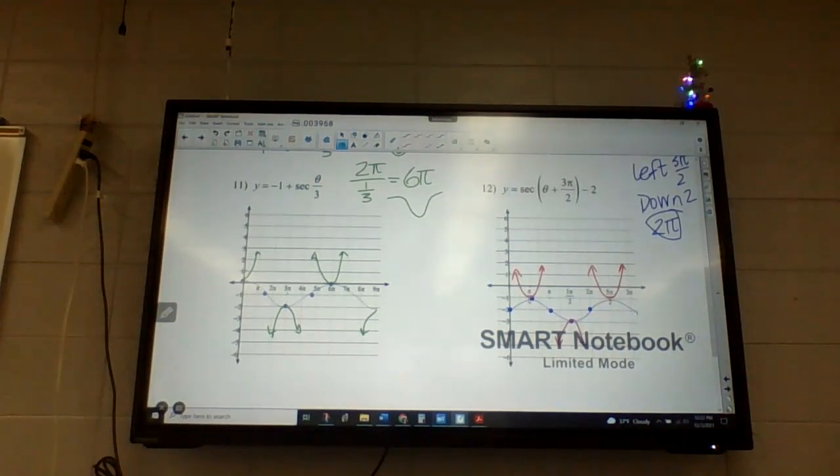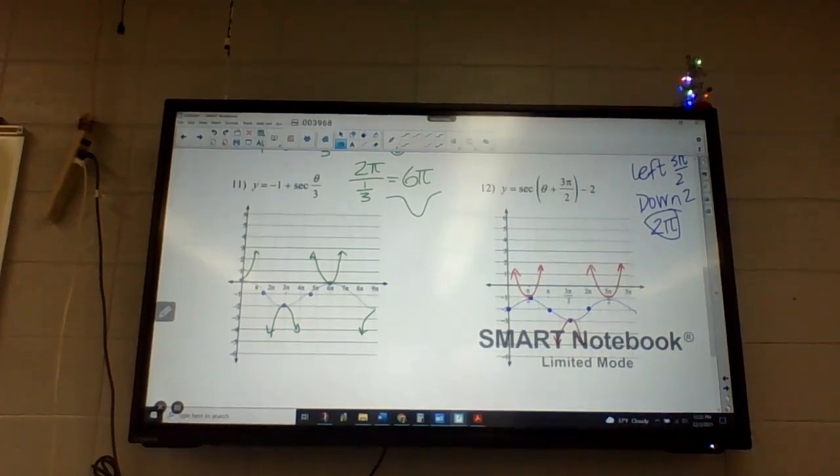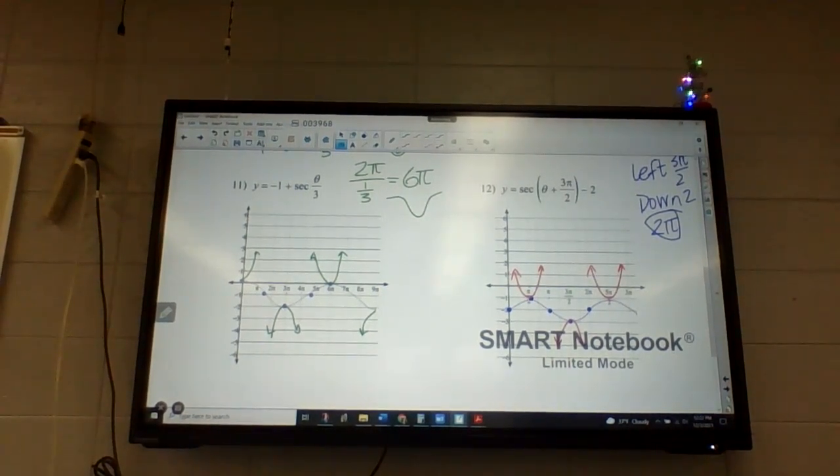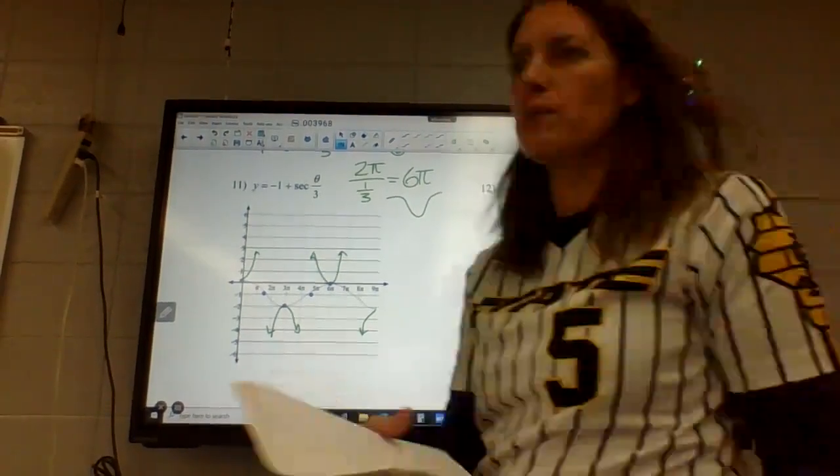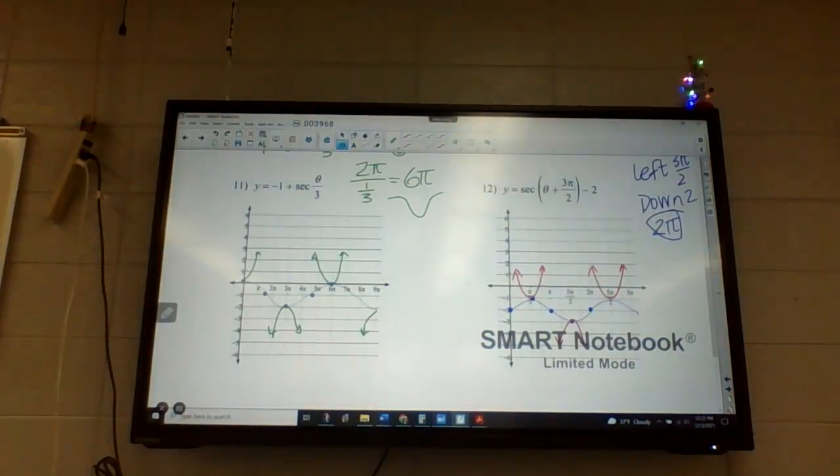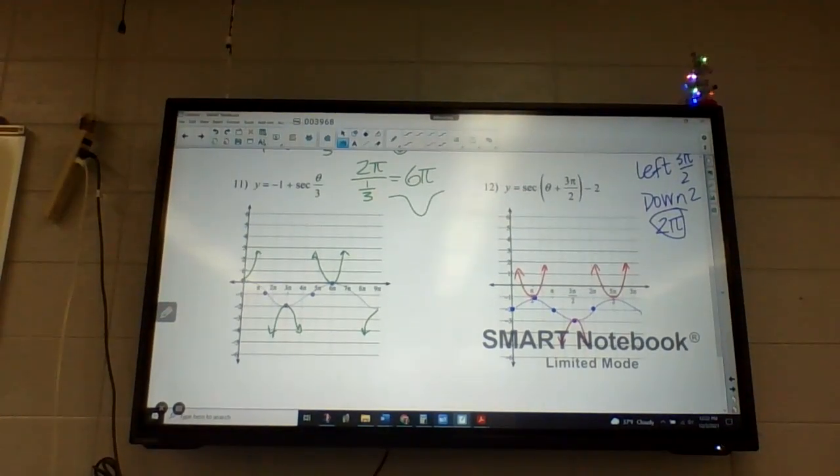Okay guys, so what we're doing is a very long warm-up, which maybe could be more like a beginning activity here. I have 4 tangent graphs or cotangent graphs to start off with, and I'm going to have you work through those as our warm-up. It's only called a warm-up because we've learned this before, so I shouldn't have to explain it to you. However, feel free to work with those around you on these 4. We'll talk about the backside together in a little while. I'll give you some time to work on this. So these first 4 are